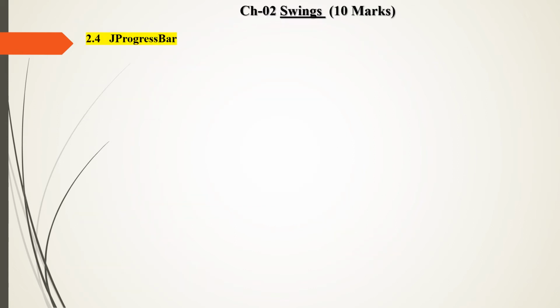So the next component in the Swing package is JProgressBar. So let us see the JProgressBar component. The JProgressBar class is used to display the progress of a task. So simple, many times we see this progress bar. Just for example, when you copy paste some data from one location to another location in Windows, a small box is displayed which shows the progress in percentage. That component is called JProgressBar.